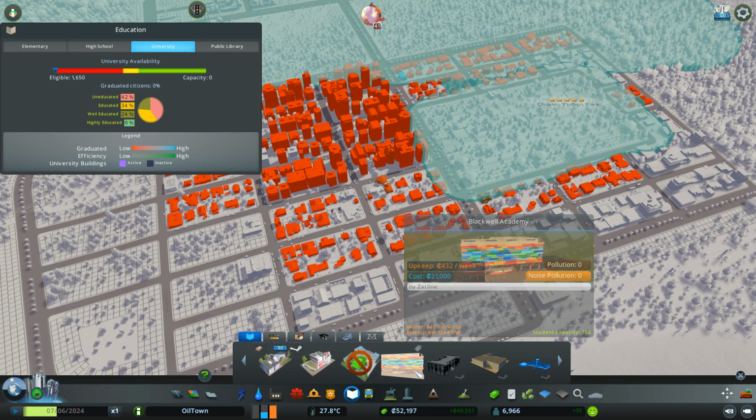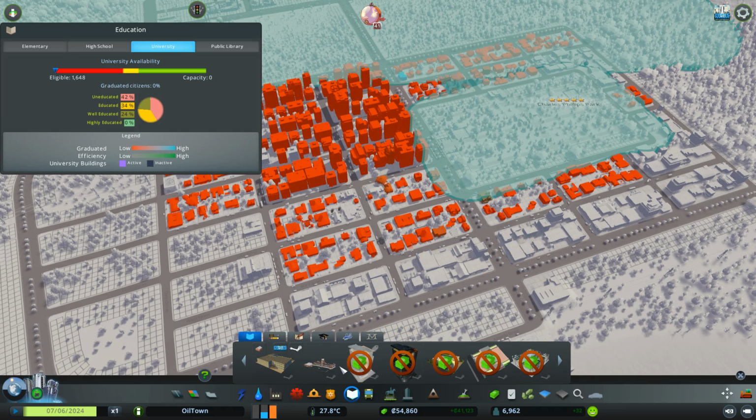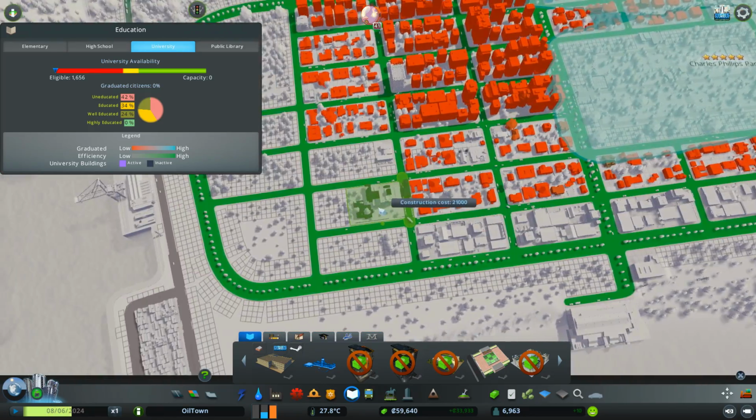It takes on 750 students. What does the normal one do? Wow, that's a lot of students. Okay, we'll take on this one. How big is it? Okay, it's not that big. So that would be kind of cool to add in. Let's get it